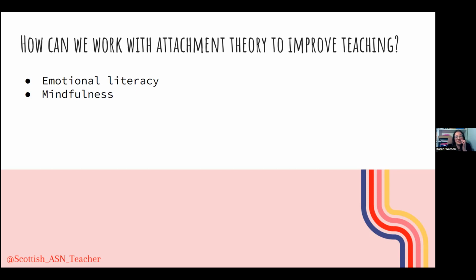And it ties in really nicely with your emotional literacy. You know, that could be a focus, a topic that you're doing with your class. It can be a thread that just runs through everything that you do. If you only have a child for a music lesson for 20 minutes in a week, you're not going to be spending half of that talking about emotional literacy and mindfulness, but a quick, how are you feeling today when they come in the door, and speaking about it.